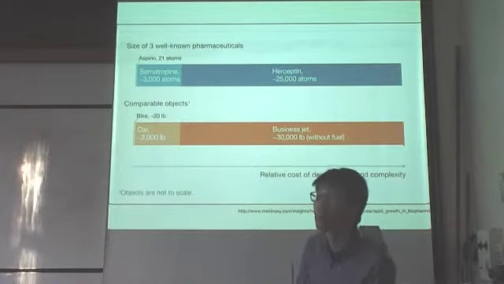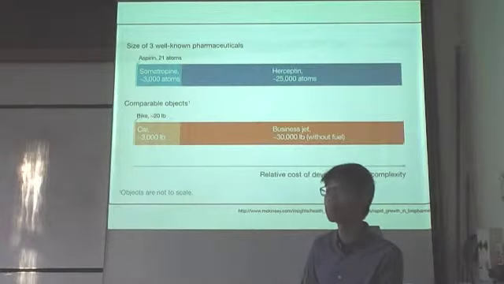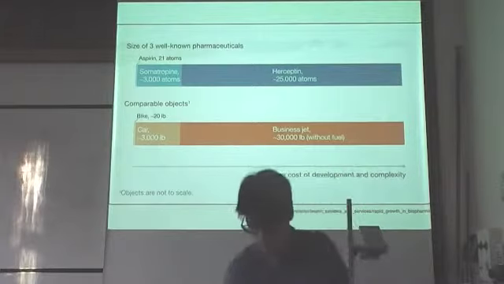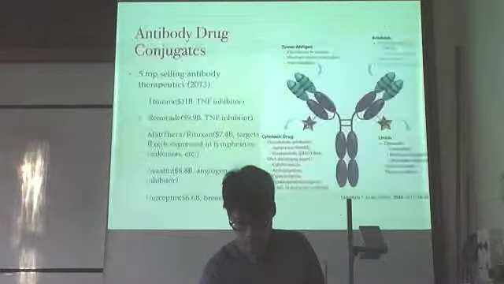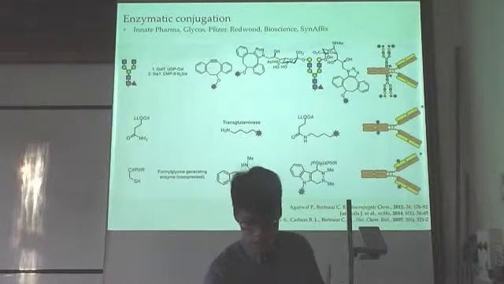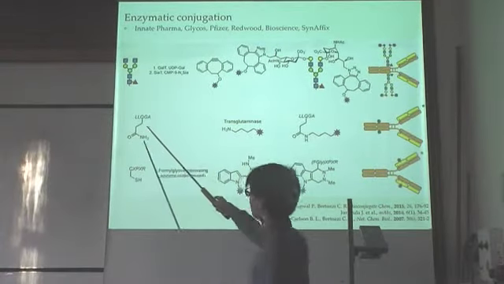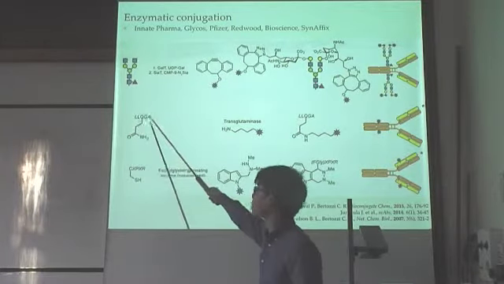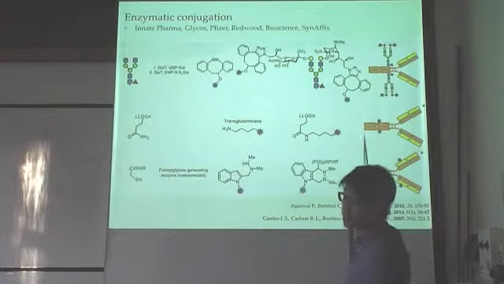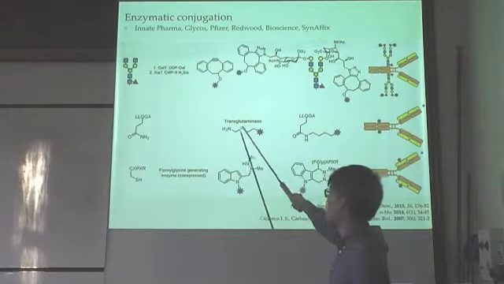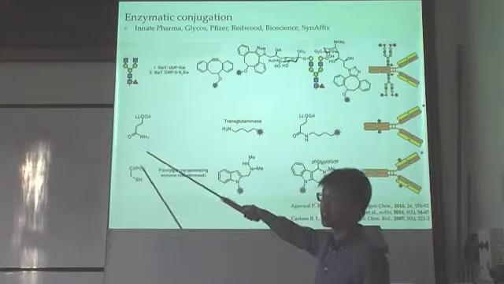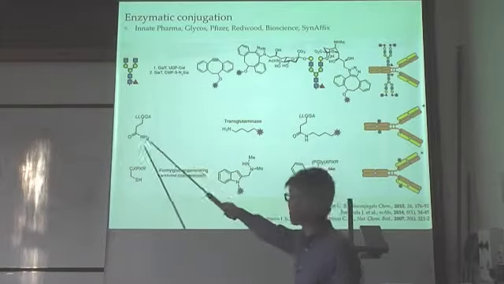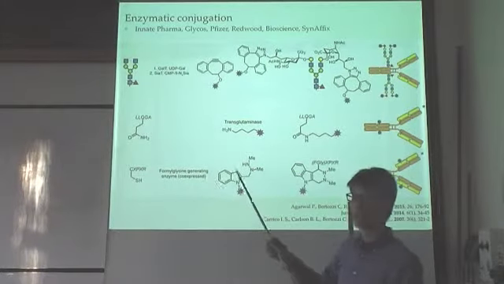Well, I think there's another way besides chemistry to do the conjugation, which is to express the protein with a tag. So how do you compare this chemical method with that? So the tag would be something like this, is it? If you have introduced this tag LLQGA into your antibody, then this transglutaminase would recognize this tag and enzymatically conjugate this amine onto the glutamine group. Is that the sort of tag you're talking about?